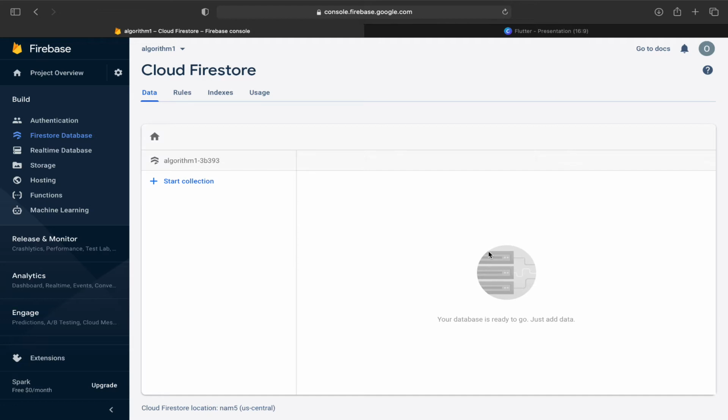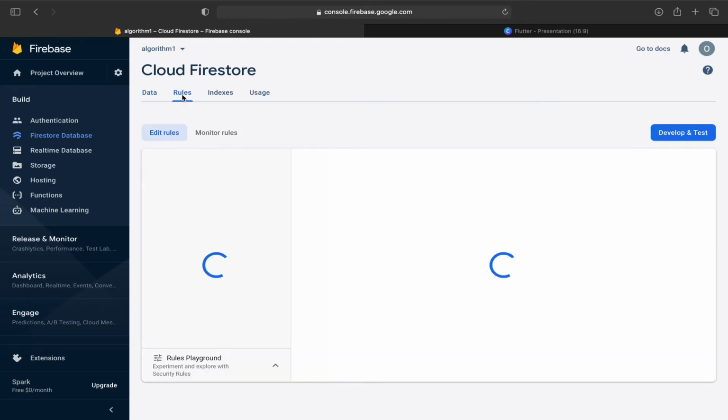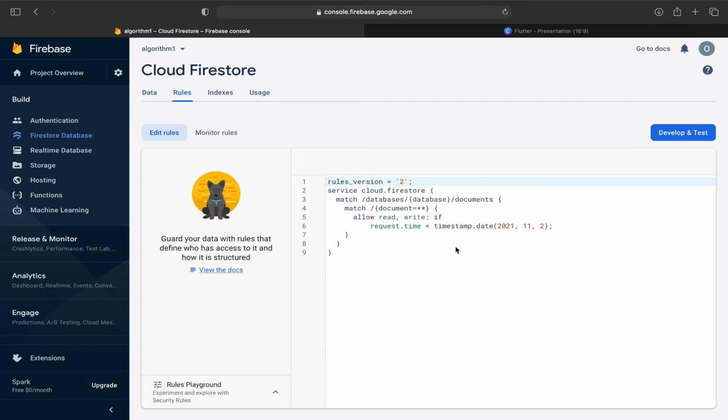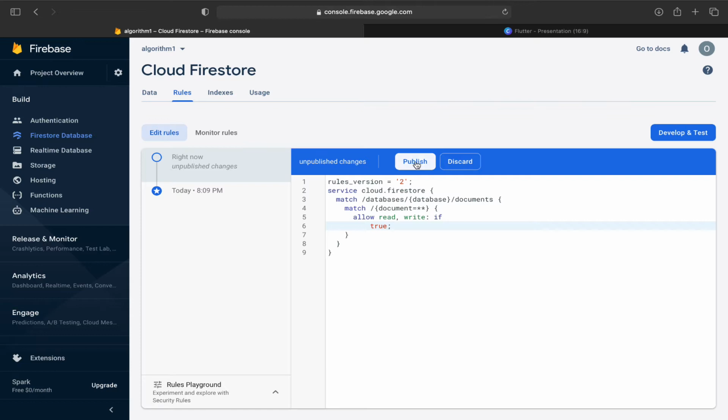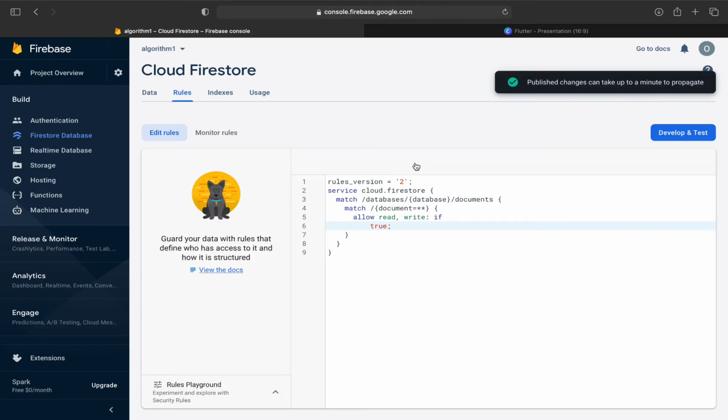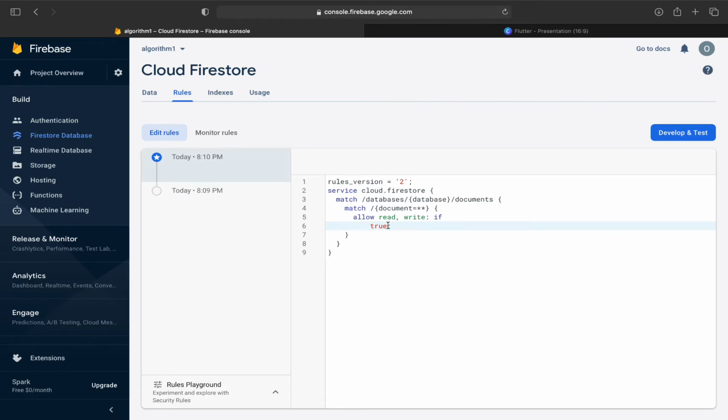One more thing you need to do is go to rules. If you are using test mode, then you need to tell it that anyone can communicate with the database. If you don't write this, it is not going to run. It will tell you that you are not the admin, or you are not able to communicate with the Firebase storage, right? You need to say that whosoever I am, I want to read the database and I want to write the database. So you need to write true. So our Firebase Cloud Firestore is also added.